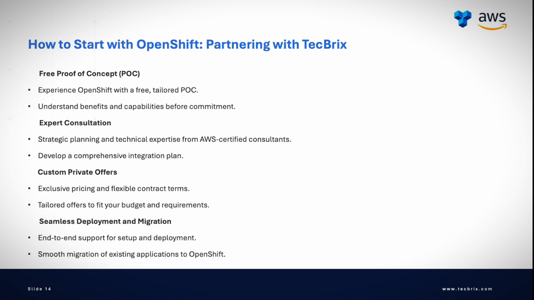What we will do, we will work on the free POC concept, where, as you know, with AWS ROSA you have to pay two different pricings. One is the subscription cost, and the second is the infra cost. So we will work as a partner. As I said, we are the AWS Advanced Consulting partner, so we will work on both the costs, where you do not have to invest even a single dollar. With that, we will use our partnership program, where we will submit